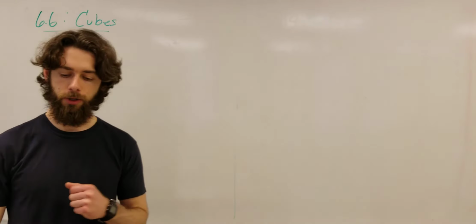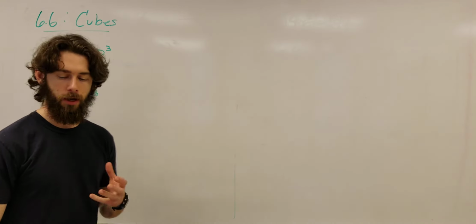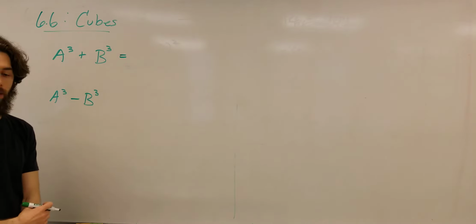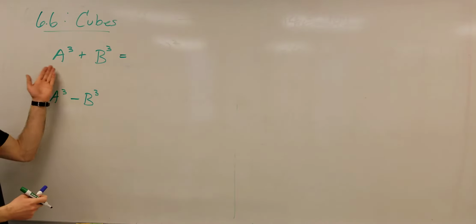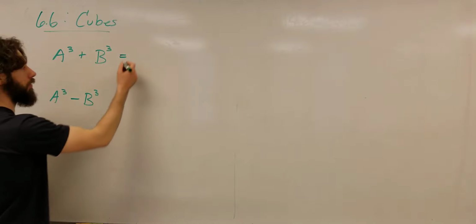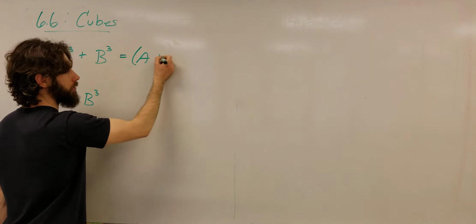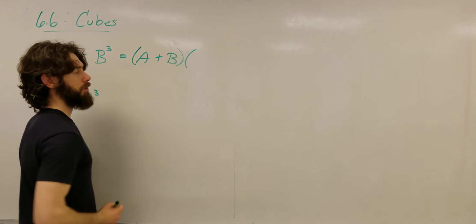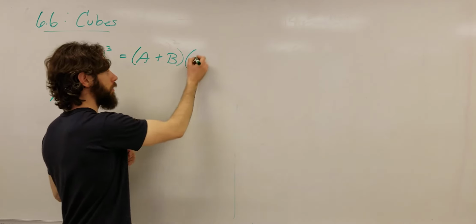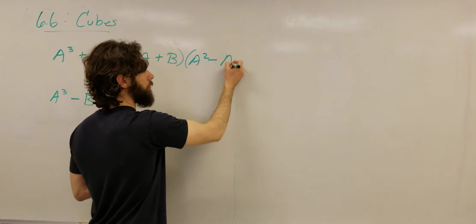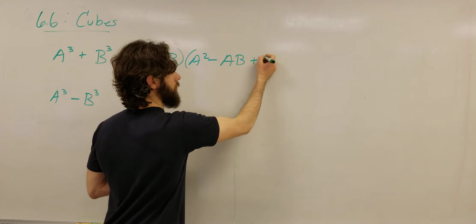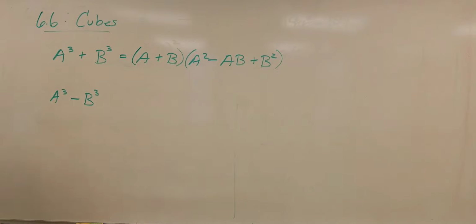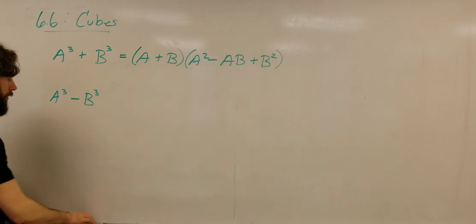So the SOAP rule is kind of a nice little trick. a cubed plus b cubed is going to factor as a plus b times a squared minus ab plus b squared. So this is called the SOAP rule because